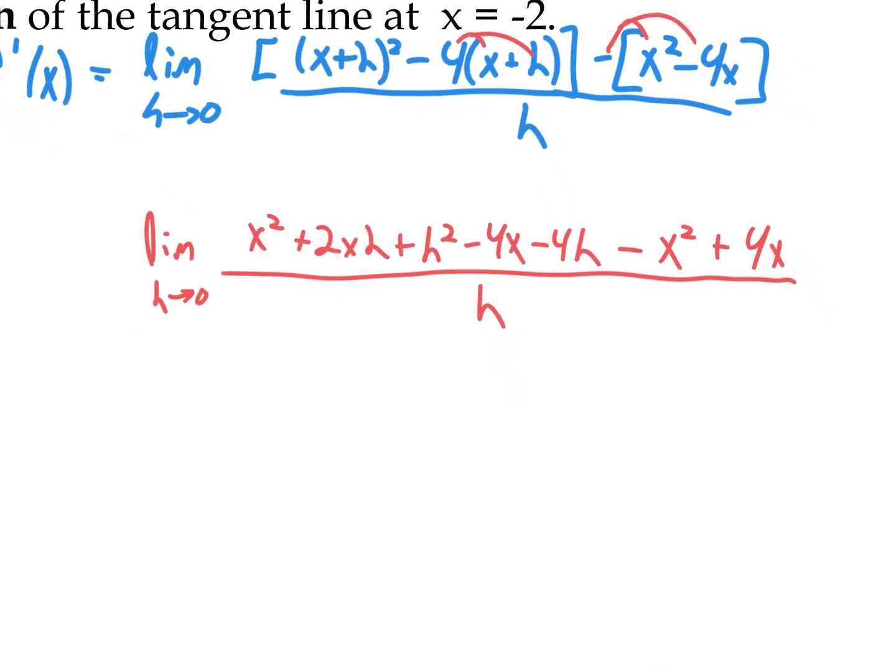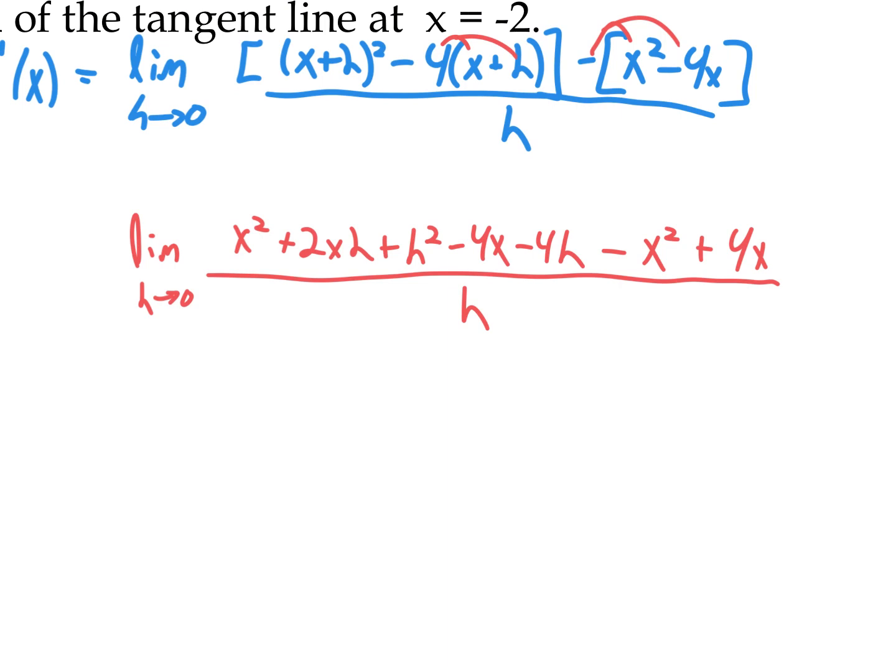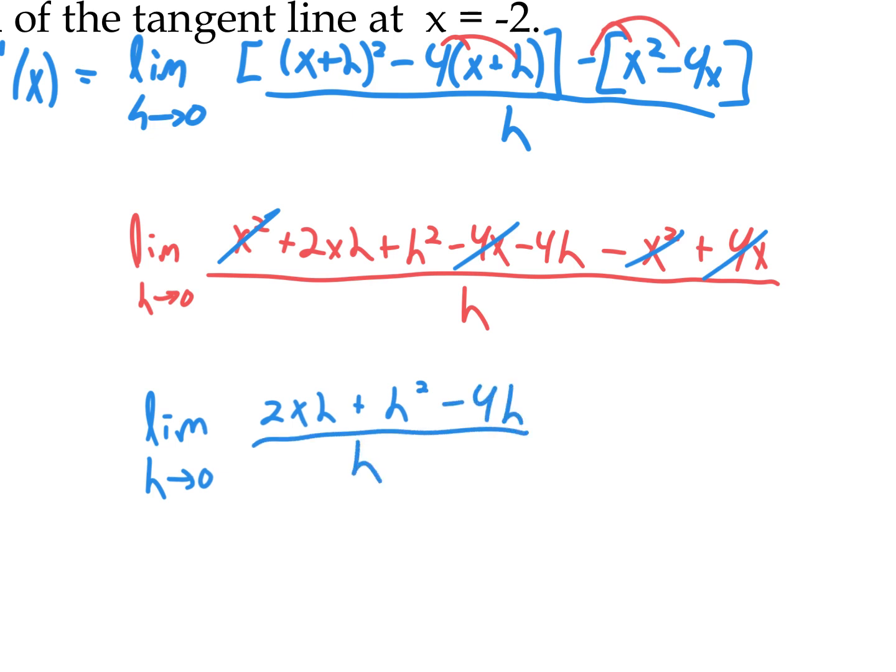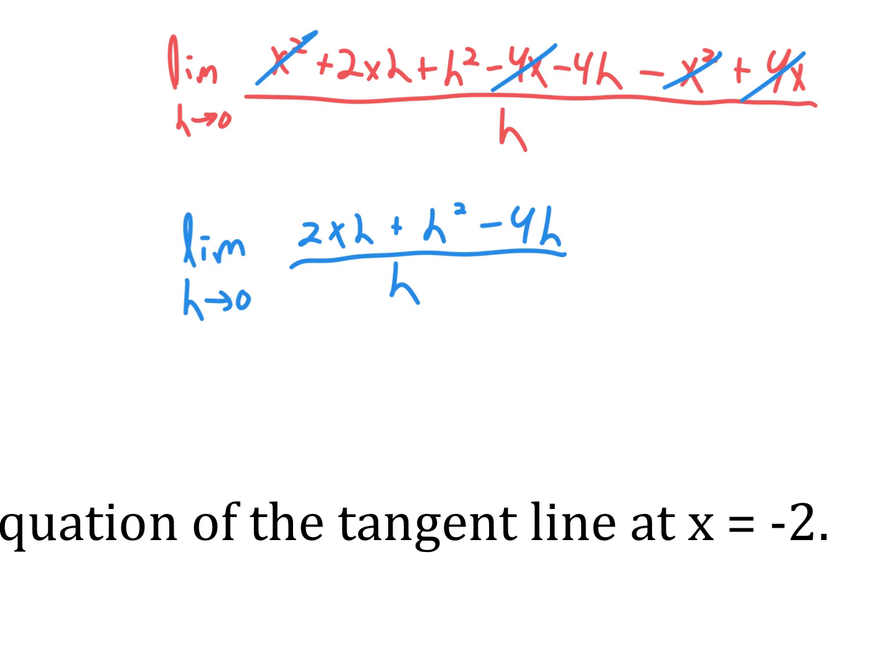At this point, things should start to naturally knock themselves out. X squared, sayonara. 4x, been nice knowing you. So we're left with the limit as h goes to 0 of 2xh plus h squared minus 4h all over h. Holy cow, everything here has an h, which means we've got a GCF. Once we take that GCF out,